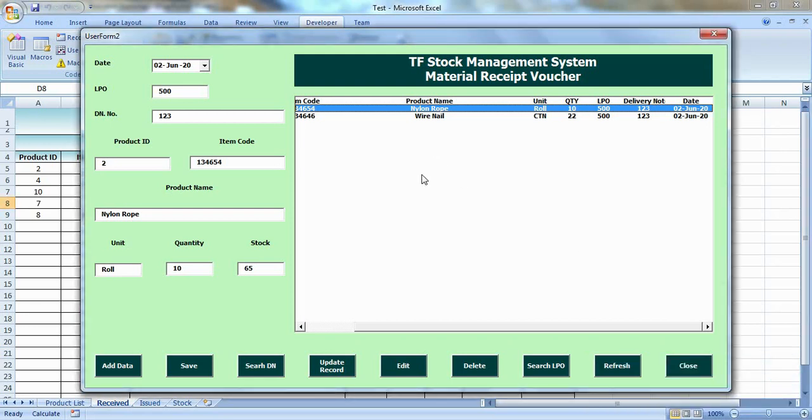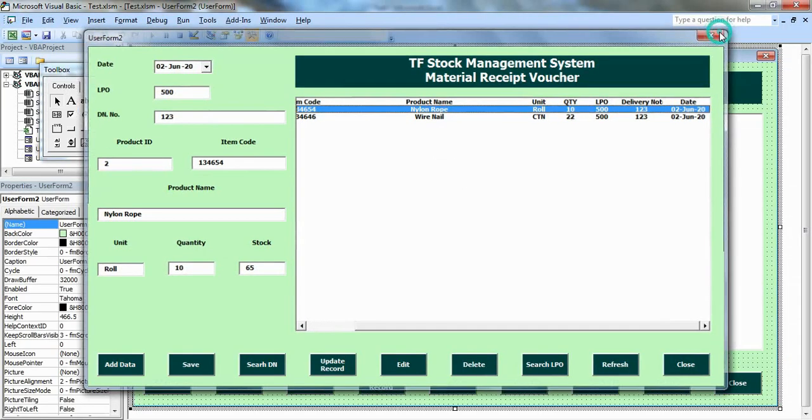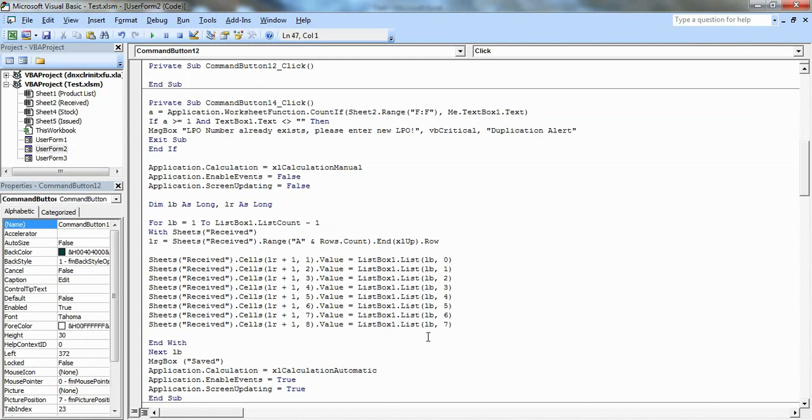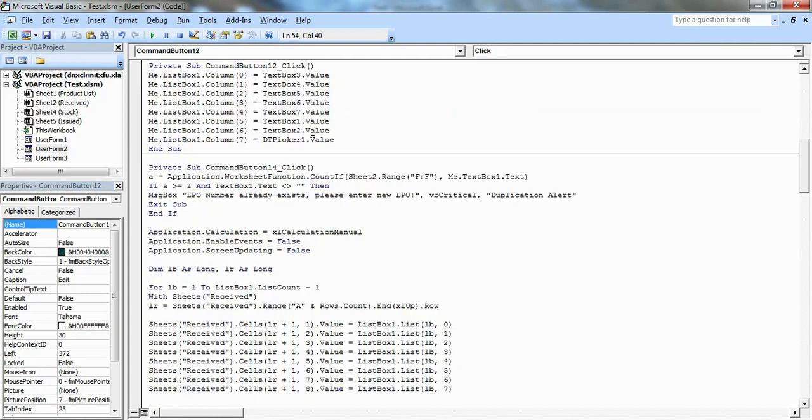So for that you will just close this user form, and now I will double click this edit button and paste this code here. Here also it is not very complex. Only I have given the list box column references 0, 1, 2, 3, 4, 5, 6, 7.